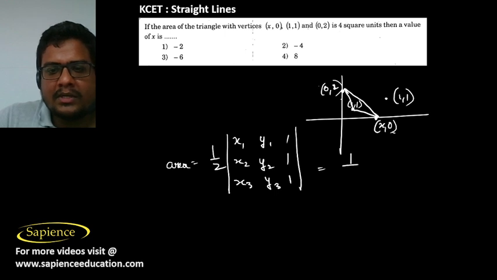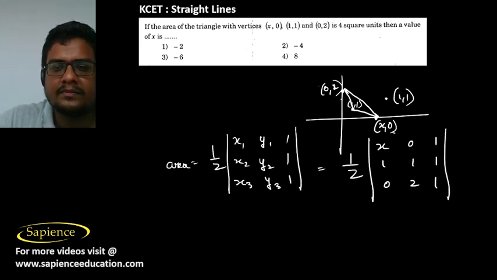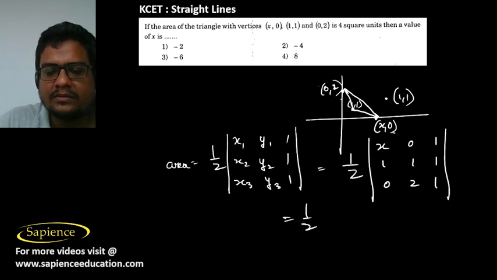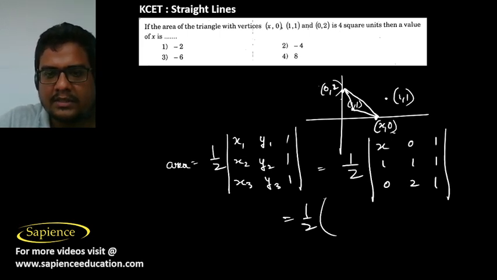That will be equal to half of the determinant of x, 0, 1; 1, 1, 1; 0, 2, 1. Here it is told the area is 4 square units. Therefore I can tell x